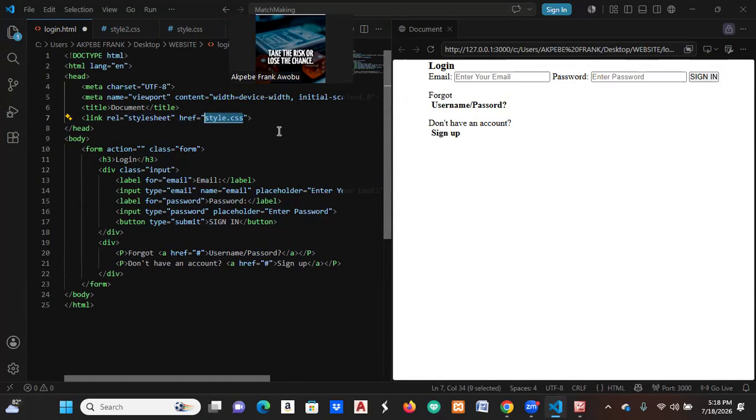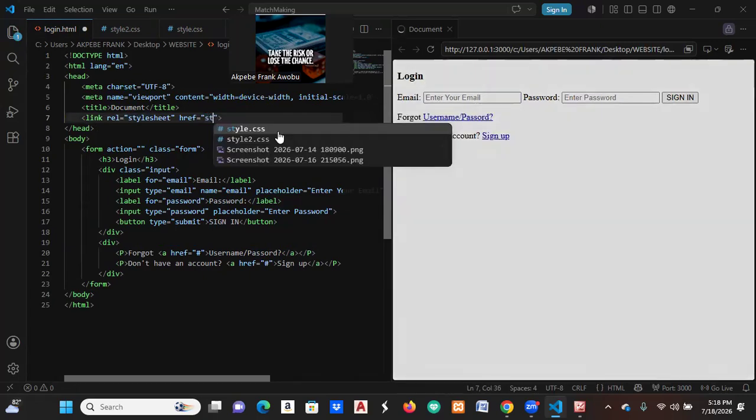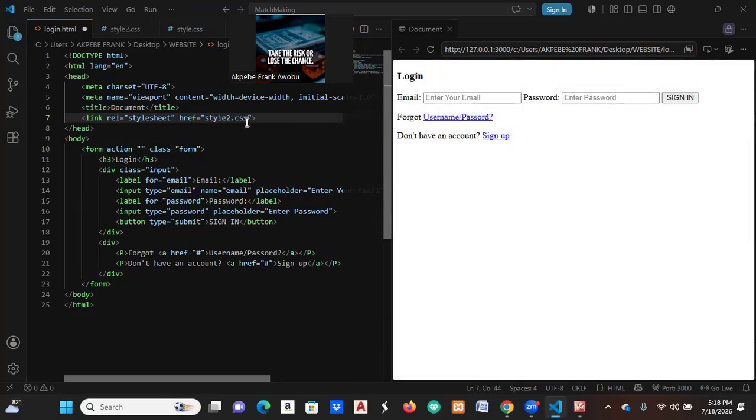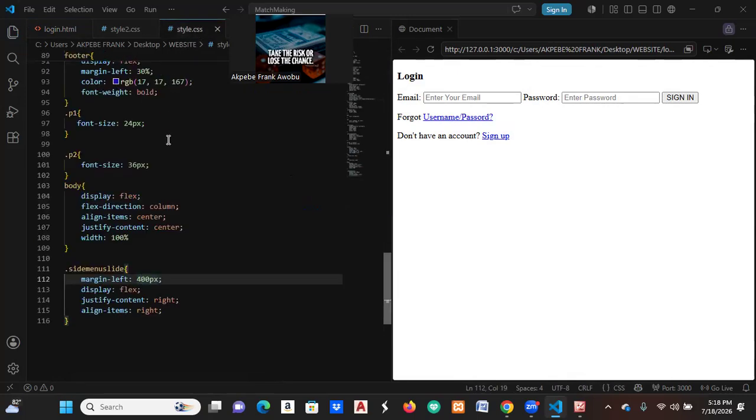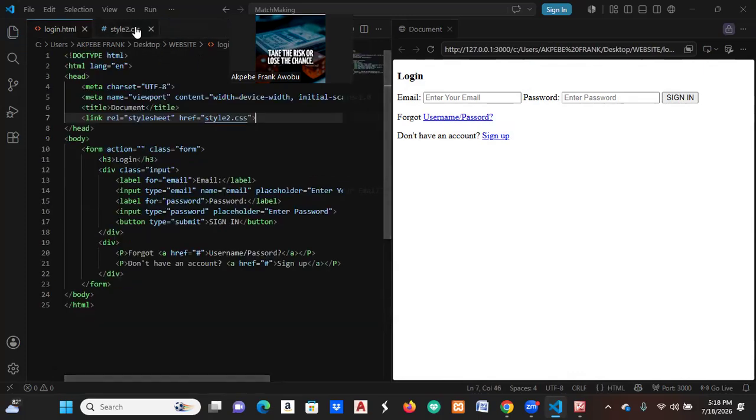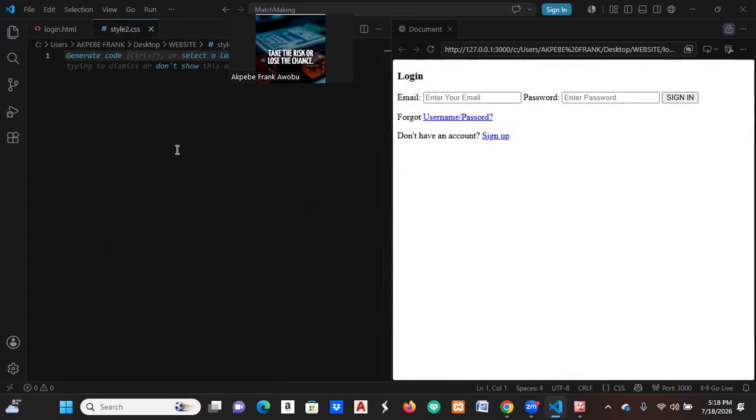I'll say style2.css because it is in the same folder with my file. So when I go to my style2.css,